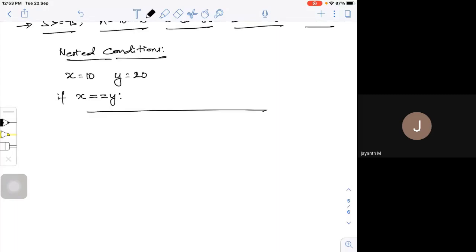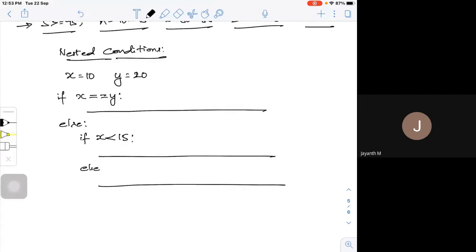Else, I'll put one more if statement: if x is less than some number, say 15, print something. Else, I'll print something.